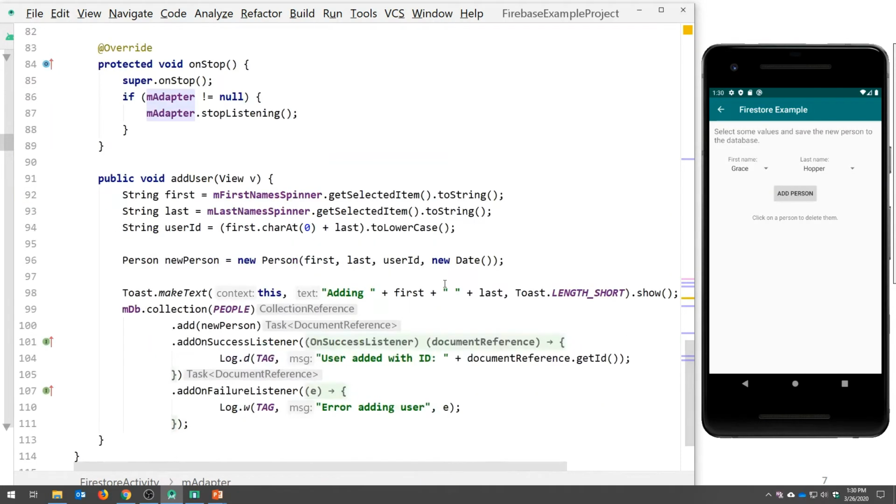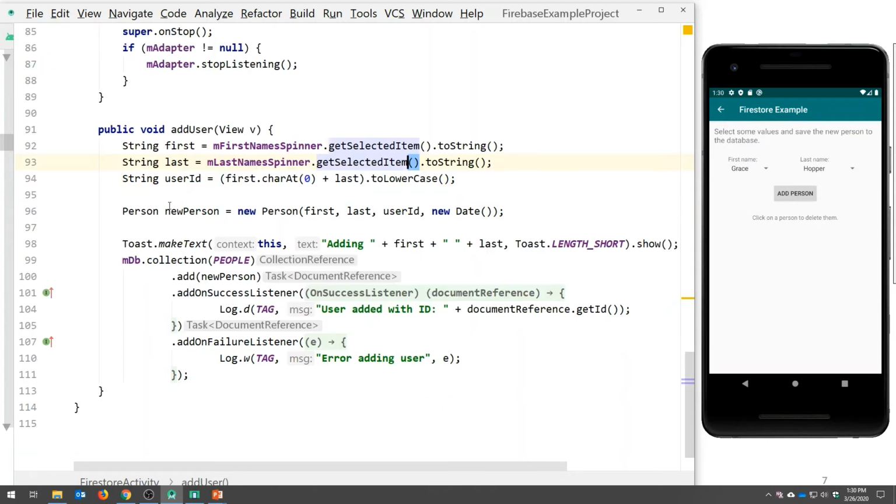But let me scroll down to the add user method. This is actually attached to add person. I probably need to rename this. But this method gets fired when you click add person. These two spinners are not attached to anything in particular, but you can see here, person gets new person, right? First name from the first spinner, last name from the second spinner. User ID I create by taking their first name plus their last name and doing some transformation, and then getting